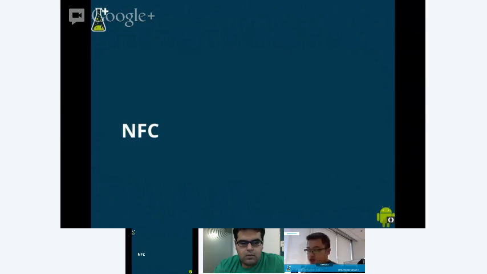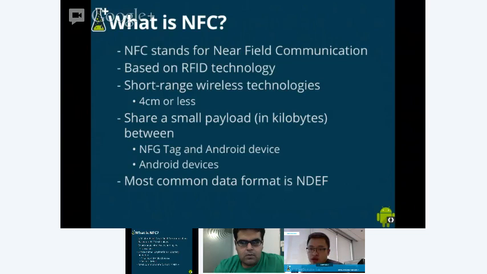So now back to our presentation this week, which is NFC. Just before we dive into the implementation details, let's take a high-level overview of what NFC is. NFC stands for Near Field Communication.